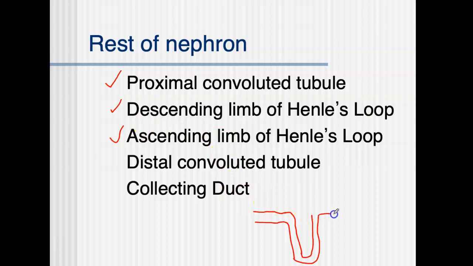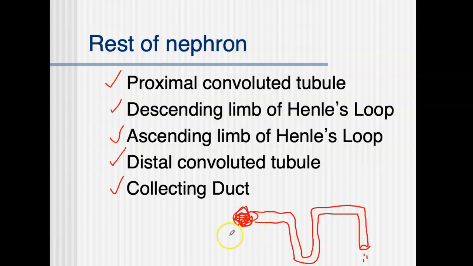Then these tubes are going to continue along. So it's going to continue along like this. And that's going to be called the distal convoluted tubule. And then finally, this sort of last portion of this nephron is something called the collecting duct. And from here now, we're going to have urine dripping from there. Okay, that's the last portion of this long tube that initiated with this ball of yarn of